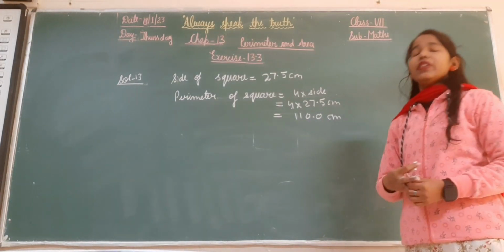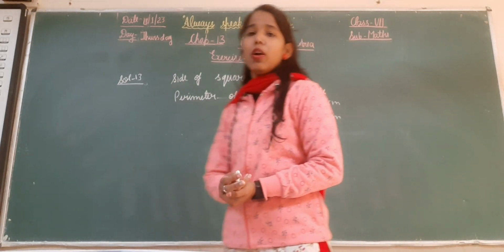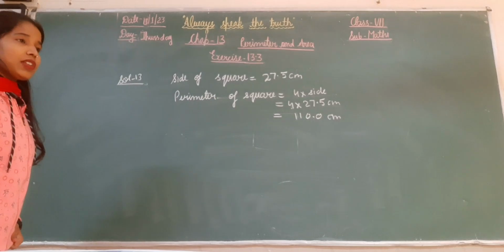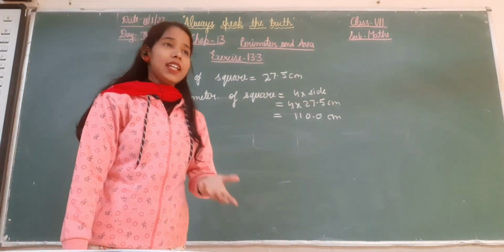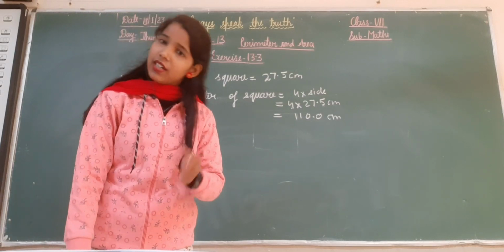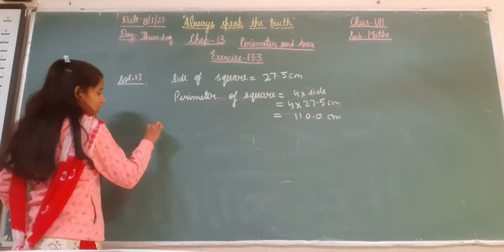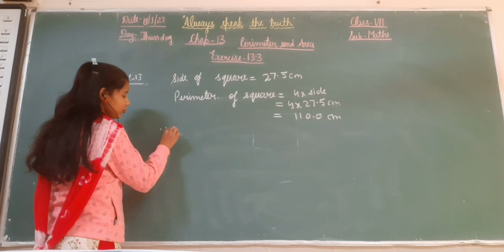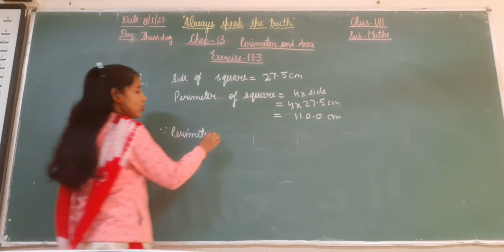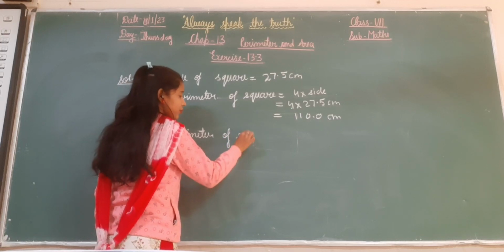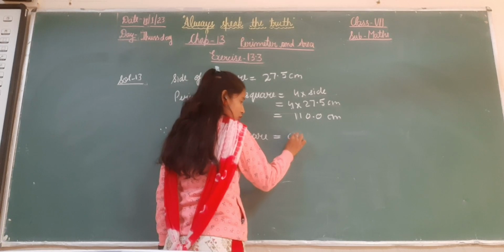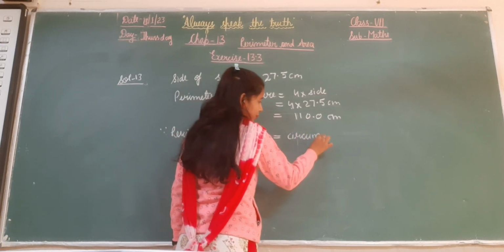Now perimeter will remain same, right? perimeter तो हमेशा क्या रहेगा? सेम, क्योंकि सेम वायर रहे हैं. So the perimeter will remain same. That means we can say the perimeter of the square is equal to the circumference of the circle. So write down here. Since perimeter of square is equal to the perimeter of circumference of circle.